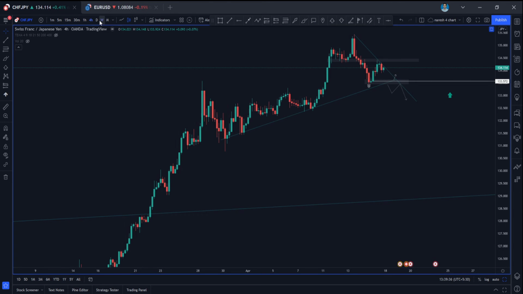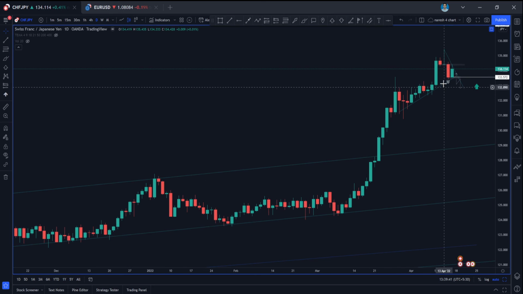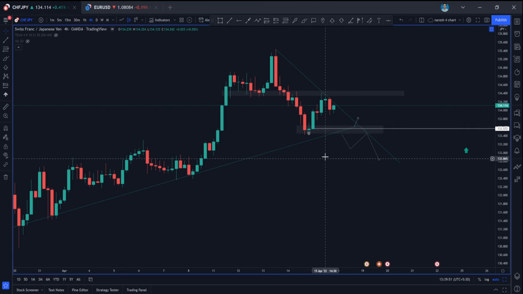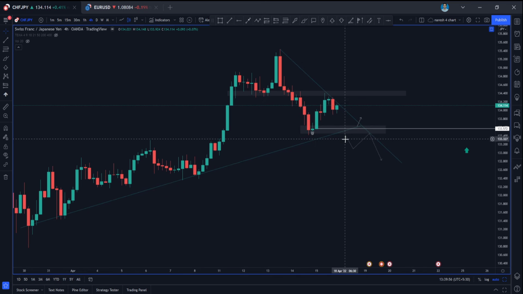So in CHF JPY, we can clearly see the momentum is loosening, because we made a rejection here, and the candles are also a little big here. So we are having both side potential here, guys. If it is breaking this support and near this trend line as well, I'm looking for short entries. If it is breaking this support, making the close below the support, I'm waiting for the pullback to this trend line again, confirmation of sell again. I'm looking to continue with the 4-hour trend.